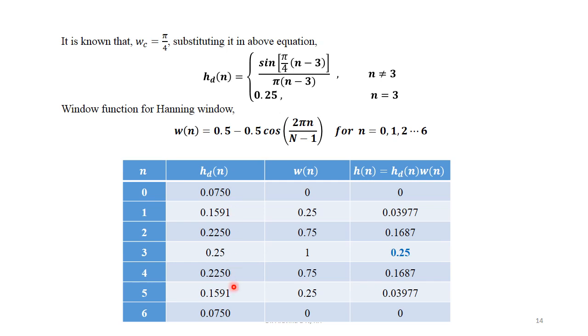So calculate HD of n by substituting n is equal to 0, 1, 2, 3, 4 like that. And then W of n we calculate by substituting n is equal to 0, 1, 2, 3 like that. And then this is the h of n we are going to get. Always the middle value is going to be the highest. With respect to the midpoint, if you perform the folding operation, the values which overlap on each other are going to have the same values along with their sign. That you can observe over here, these two, and then these two, and the first and the last value.